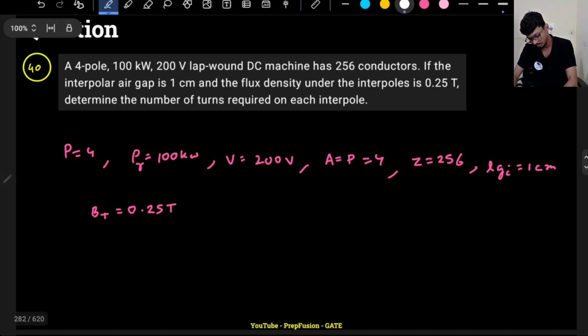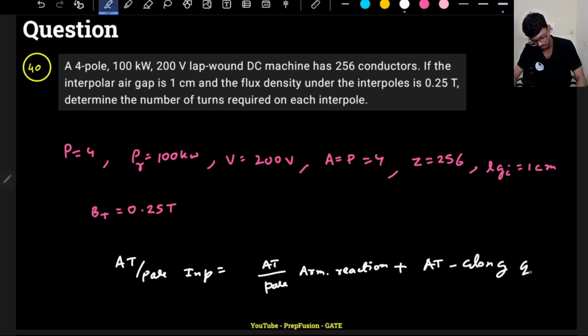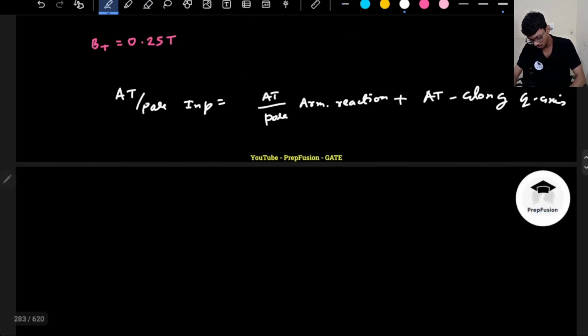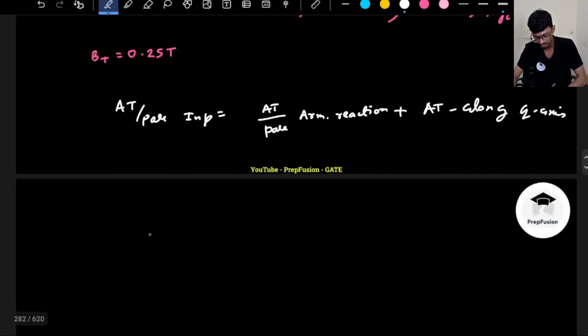So the ampere turns per pole by the interpole will be equal to the ampere turns per pole of the armature reaction plus the ampere turns along the q axis, correct? Number of turns required on each interpole: if I assume the total number of turns of the interpole is n interpole,